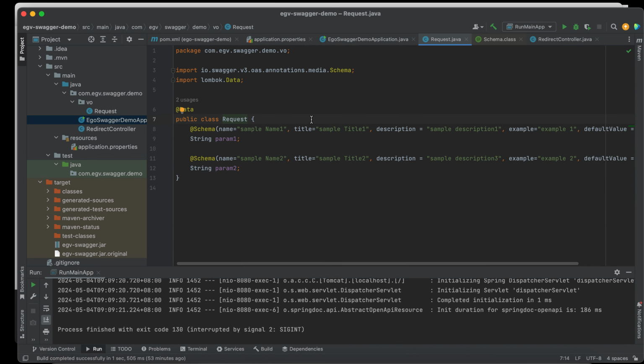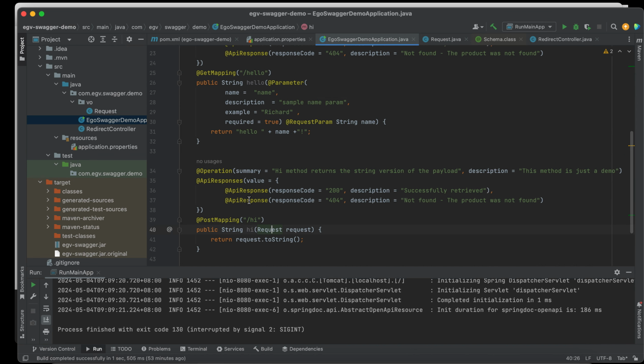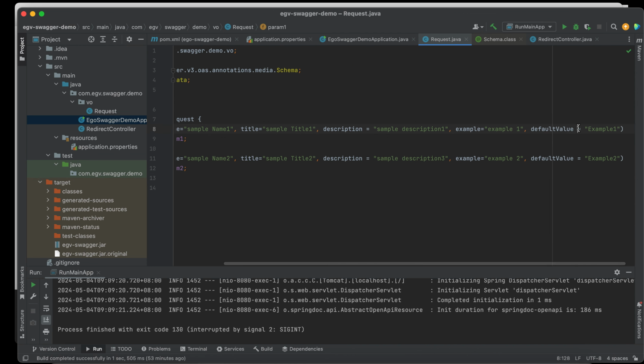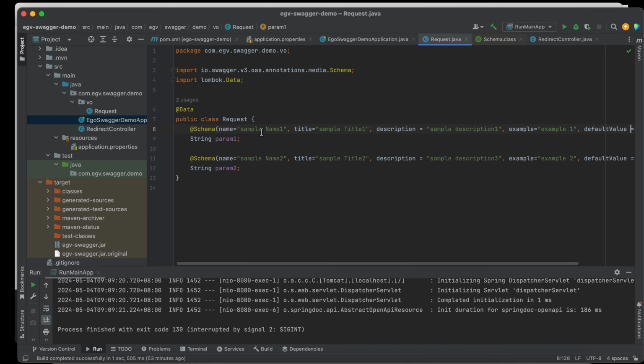For example, our parameter is an object like this, a request object. We can describe this also by using the @Schema annotation, where we can specify the name of the parameter, the title, the description, the example, and even the default value of this parameter. Basically, that's it.